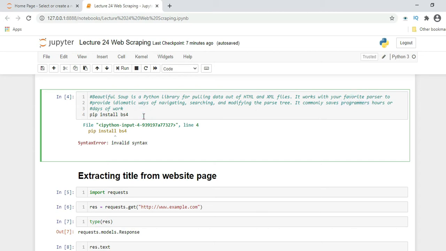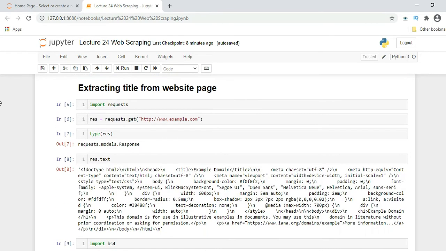Means if you go with the normal term, in HTML there are lots of tags: title, then head, then body. Inside body, there would be a div container and all. So there could be many. In that sequence, it could take lots of time. So Python has a library, bs4, so we have to install this bs4 library.